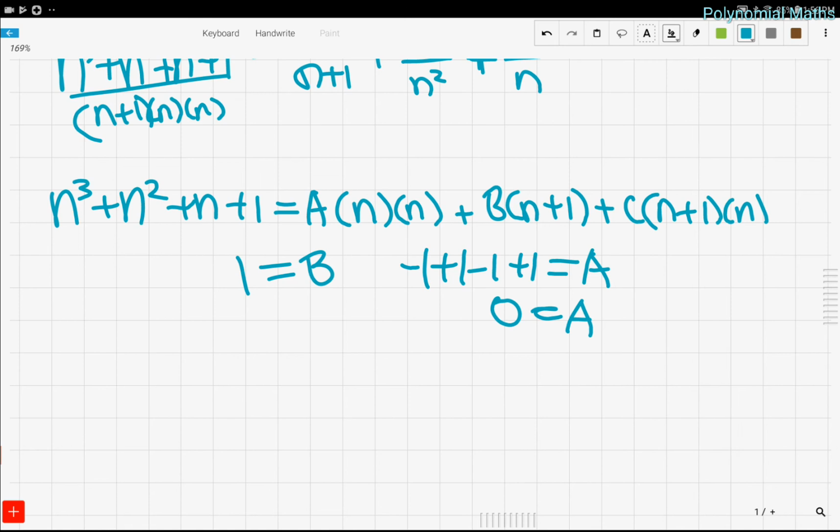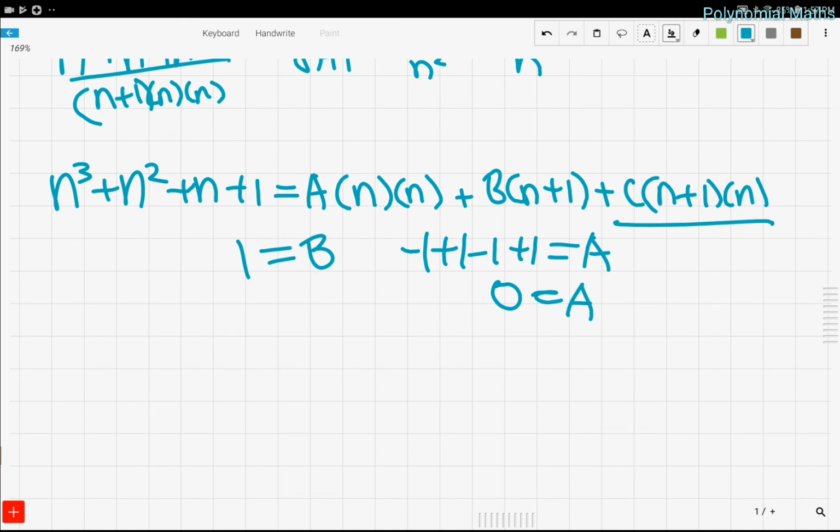But lastly, we just have C, and we don't have any term to plug in to cancel out just the A's and the B's, because if we plug in negative 1, the C still gets canceled out while the B gets canceled out. So we have really no way to cancel out all the A and B terms and just leave behind the C. So how do we do this? Well,